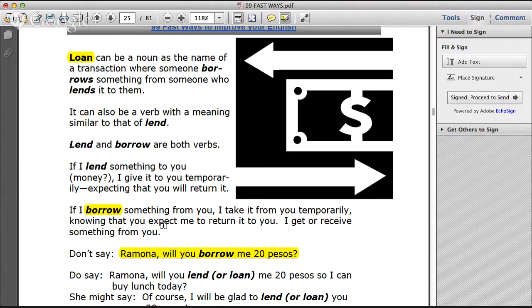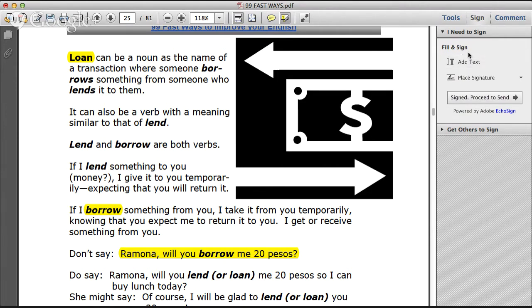They teach you borrow. They do not teach you lend. When in fact, if you were to use it the correct way, it would be to lend. Lend someone money, not borrow. Okay, borrow me money. Okay, all right. Now,